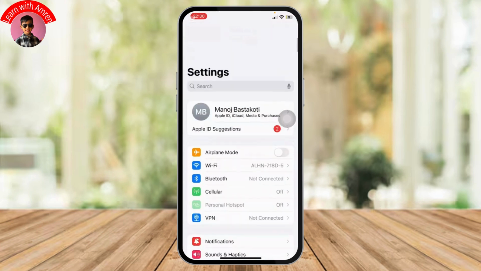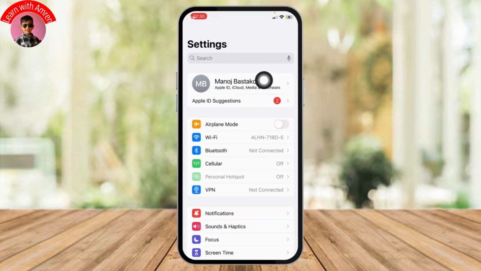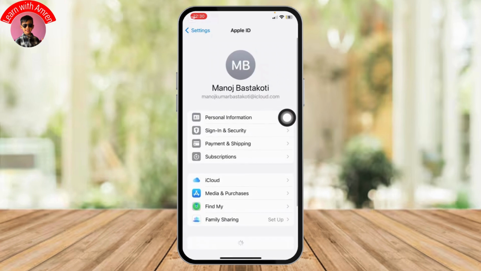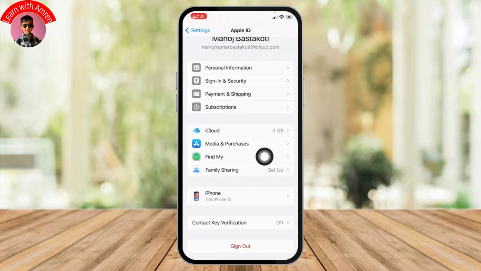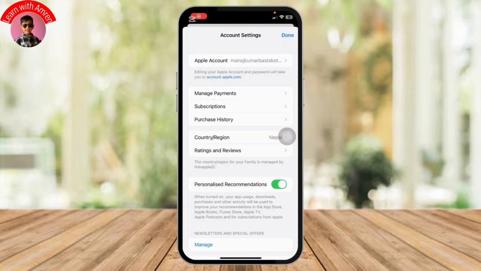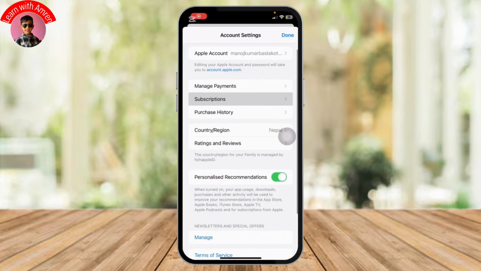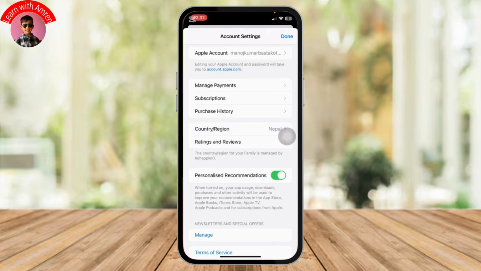and once you do that simply head back, and from over here scroll all the way up and click on your profile section. And from over here what I want you to do is simply click on this media and purchases option, and when you are on this section simply tap on this country or region option over here, and again wait for some time